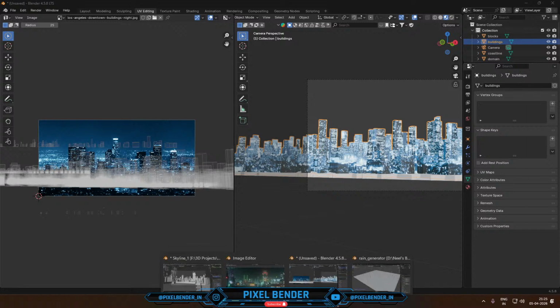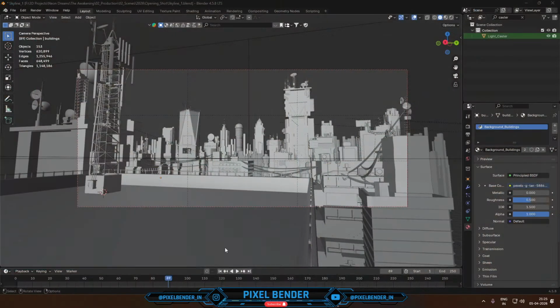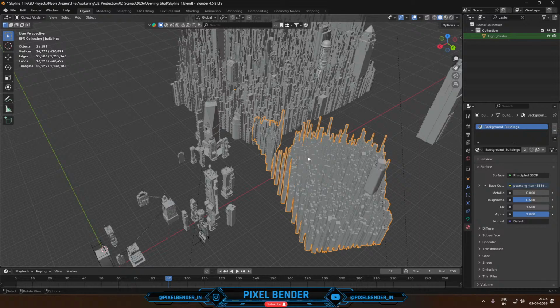So this is what I did for my skyline scene here. I have these two blocks of buildings created the same way, and thank you, Raj Sarkar. You can go back and see how to use this tool and download this customizable city model to use in your shots. I just go to the material preview